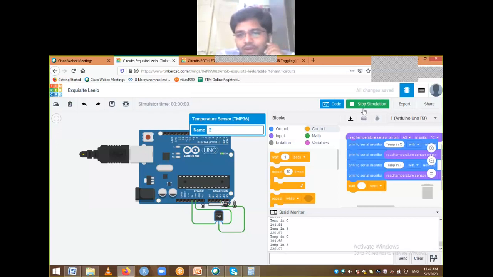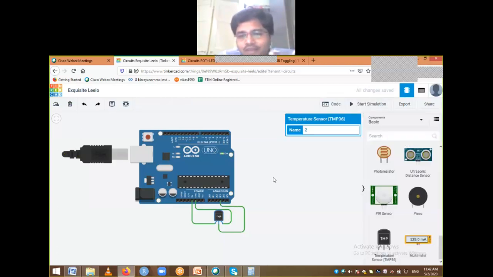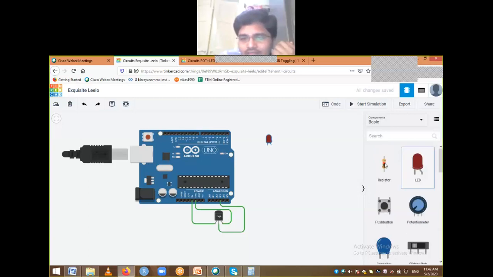For example, I want to slightly modify this one. Whenever temperature is greater than something, I want to have some kind of LED glowing. So for that, what I can do is bring an LED, and drag a resistance.